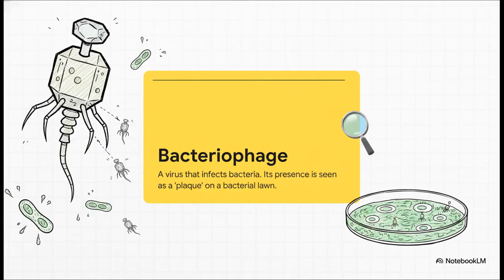So what is a bacteriophage? Well, the name literally means bacteria eater. Simple as that. They are viruses, but they have a very, very specific target, bacteria. And for those of you who spent any time in a microlab, you'll recognize this site. When you grow phages on a petri dish that's completely covered in a dense lawn of bacteria, the phages just go to work. They infect and burst the bacterial cells, creating these little clearings called plaques. Each one is basically a tiny circular battlefield, showing you where a single phage started its invasion.